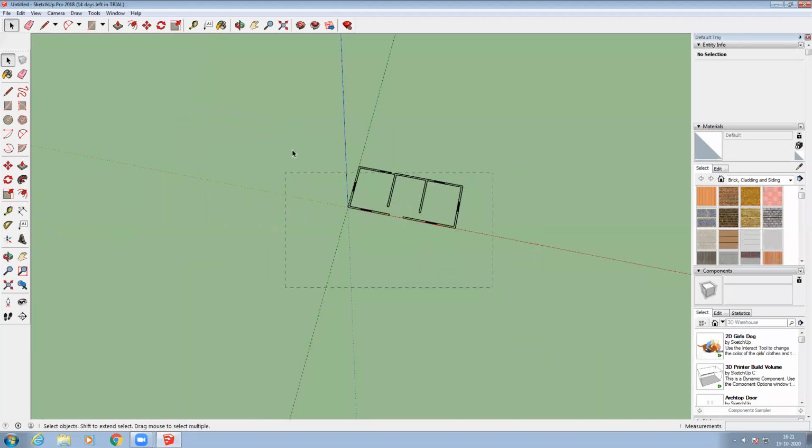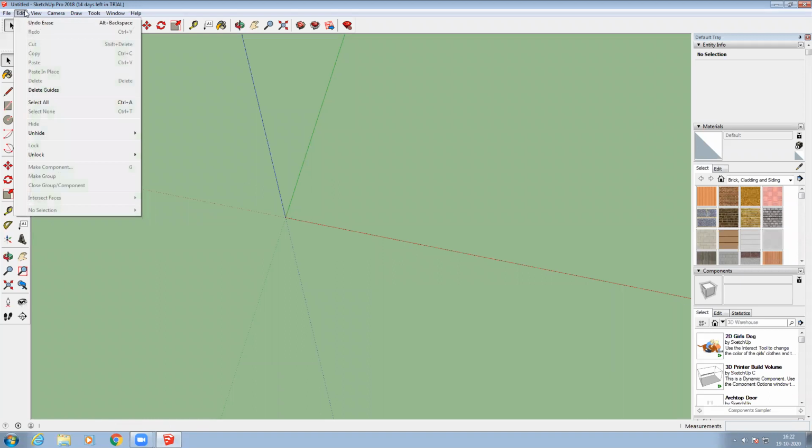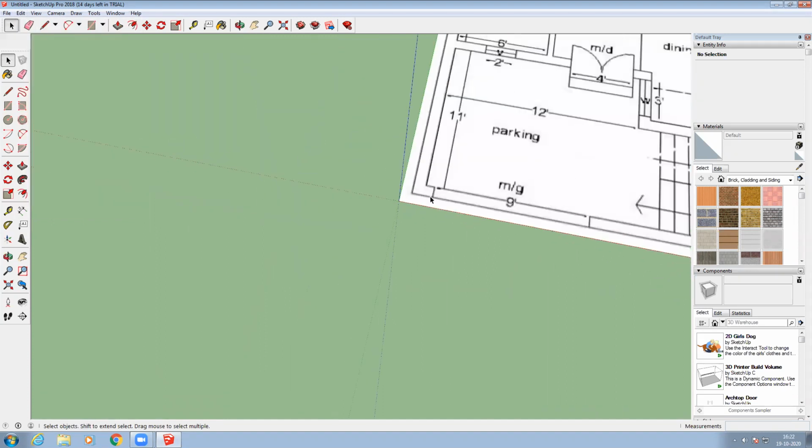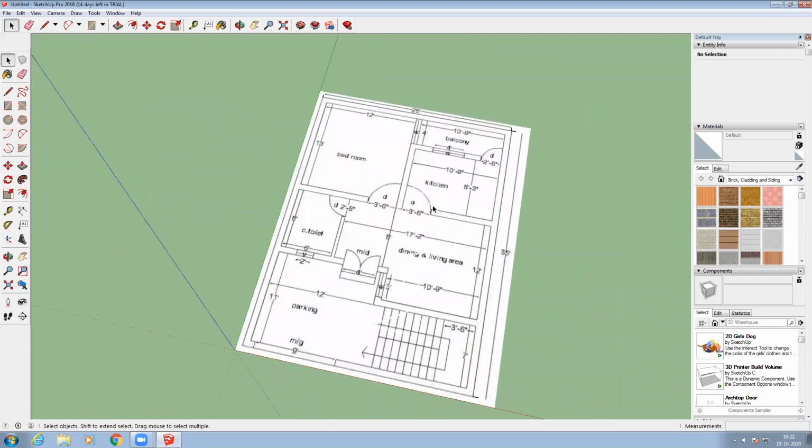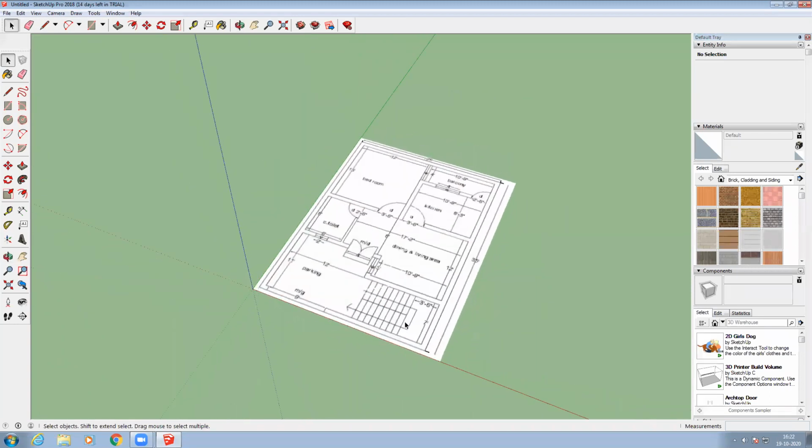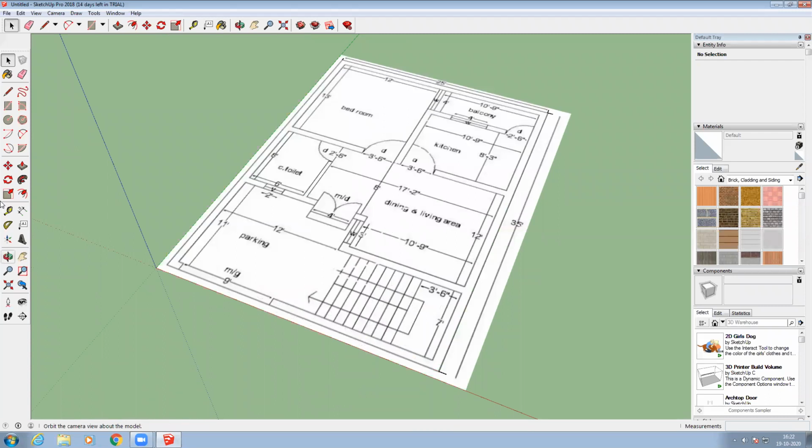Right? So now I want to work only on that particular figure I had taken previously, right? That particular figure I had hidden, so I want to unhide that. So I'm going to Edit, and then the Unhide button is there, right? Whatever last figure I had hidden came back now, right? Whatever I had done here previously, the same thing is here now. So I can check the dimension over here. It is about, again it changed. So I want to change the dimension, that is, I want to change the scale.